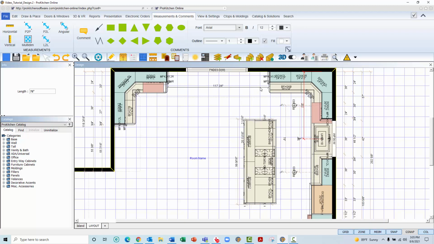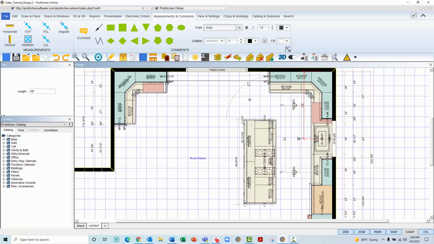If you need to know a particular angle in which cabinets or items are placed in relation to one another, you will need to utilize the Angular tool. Navigate to the ribbon, left-click the Angular icon to grab the tool. Drag the mouse to the plan view, hover over the first item, and left-click when the purple line displays. Then, drag the mouse to the second item, and left-click once more when an additional purple line appears to create